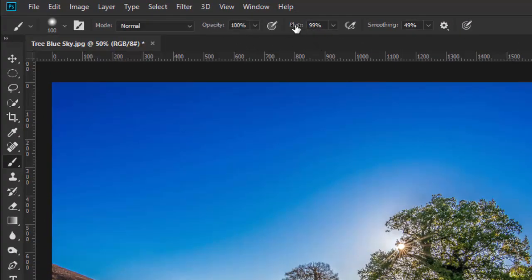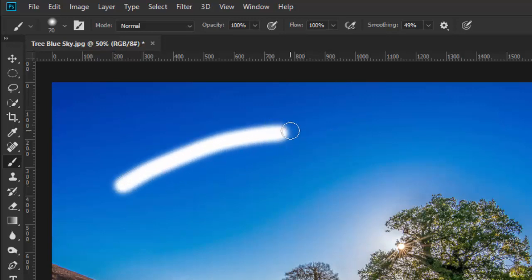If you have them both turned up all the way, and you notice I just hover over the word, it gives me these double arrows and I can make adjustments. You also have a drop down here. But if we're on 100% for both of them, and I go to make a line, make a little smaller brush using my left bracket, and I make a line, you can see that that's completely opaque, meaning that you can't see through it. Now if I dial down the opacity to 10%,